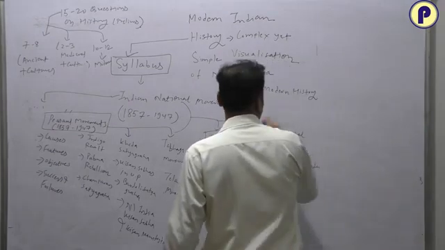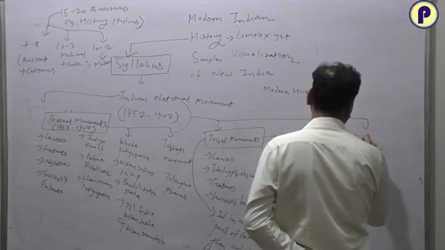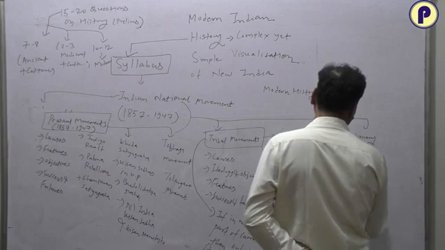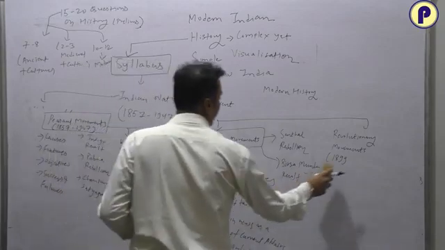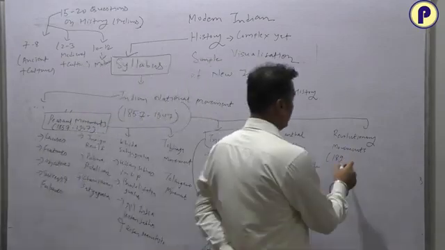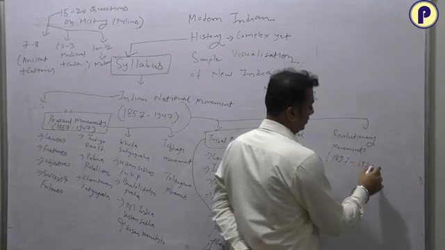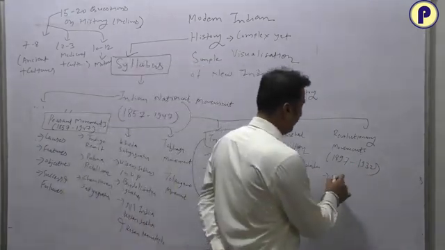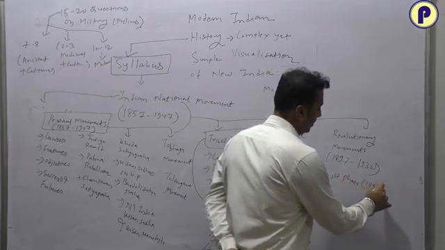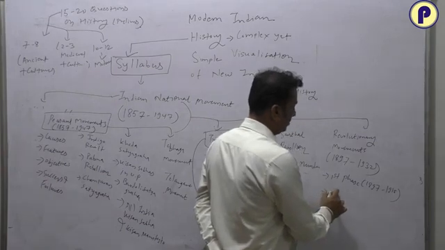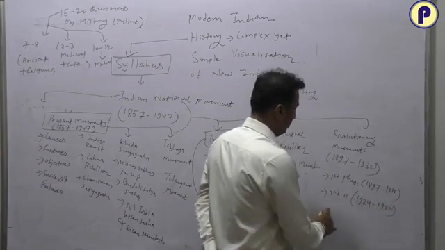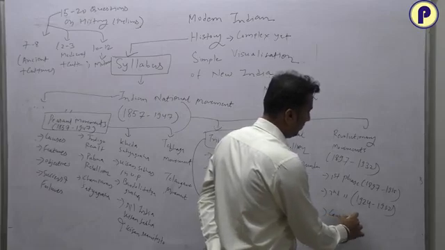Then we have the revolutionary movement, 1899 or you can say 1897 to 1932. So there are two phases. First phase 1897 to 1915. Second phase 1924 to 1932. So we have to see causes for the rise,